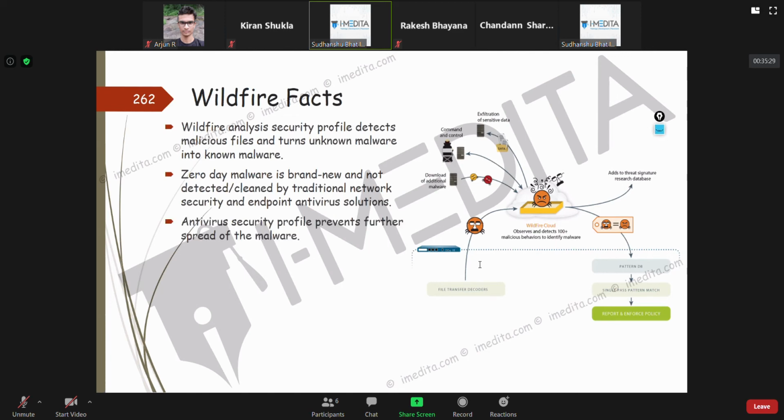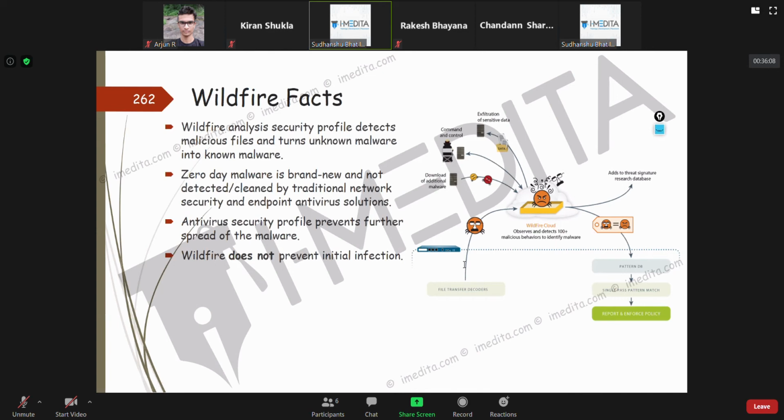The antivirus security profile is what prevents further spread of the malware, because once this firewall gets updates from the cloud, its antivirus profiles can check for similar malware. Like I told you, WildFire does not prevent initial infection.